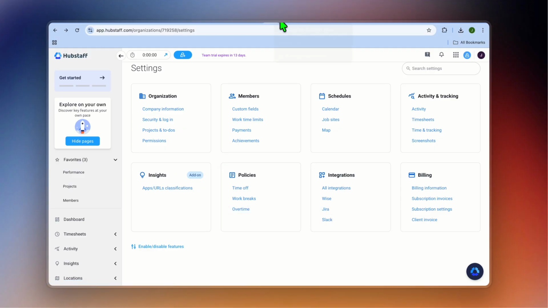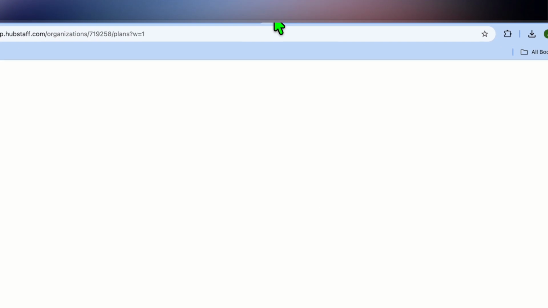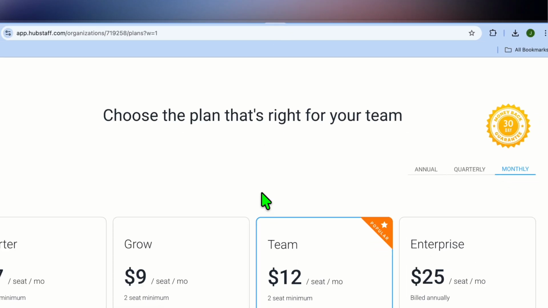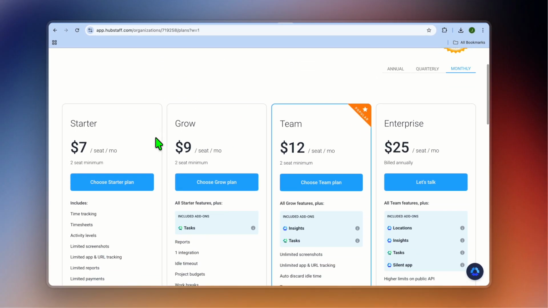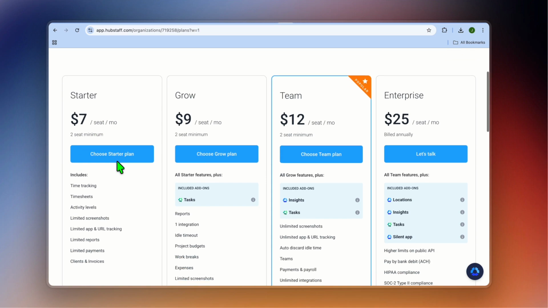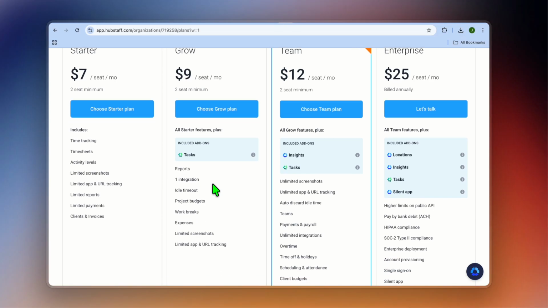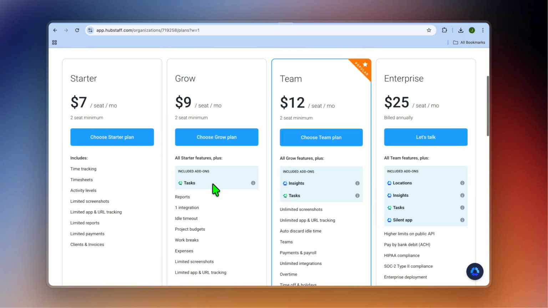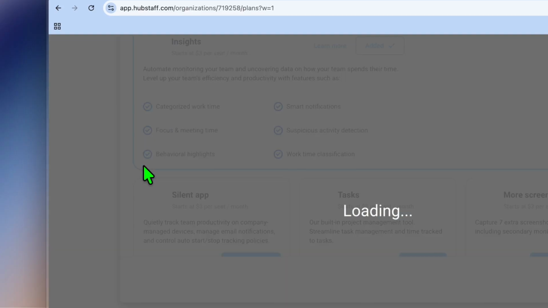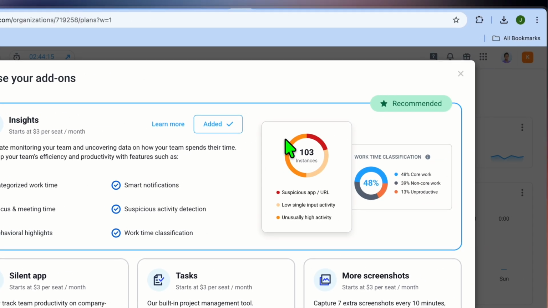And now let's look at the pricing when it comes to Hubstaff. When it comes to Hubstaff pricing, you can get started for as low as $7 per month. This is for 2 seats, and it can go up to $25 per month, as you can see right here. It all depends on the amount of team members that you have and also the amount of features that you want. So for example, if we were to select the $7 option, after you have selected that option, you can